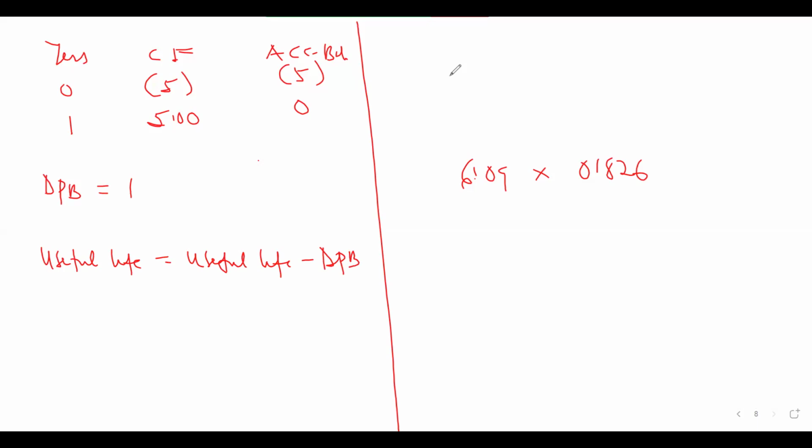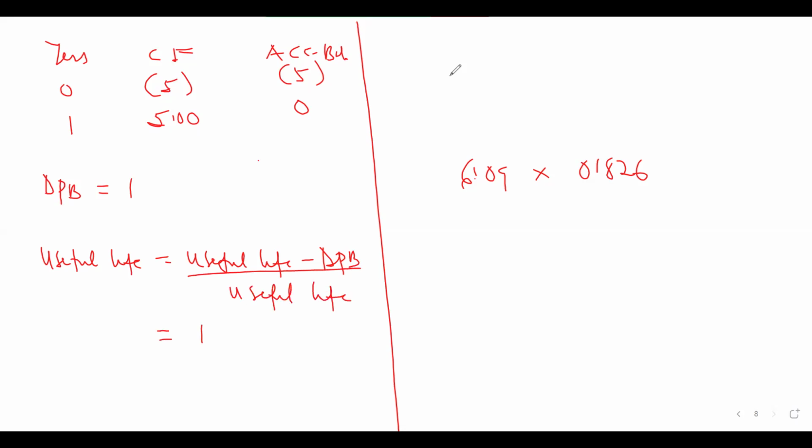Whether it is going to be an increase or a reduction. If the payback period is higher, then it means that if the useful life should increase by that particular percentage, it is going to break even. But if the discounted payback is lower, then it means that if the useful life reduces by a certain percentage, that will give you break even. So we have the useful life over here.